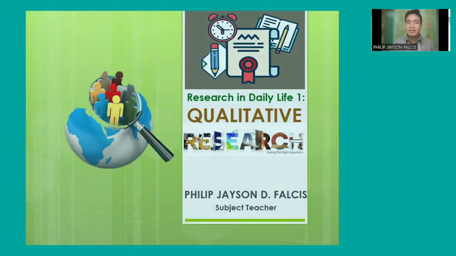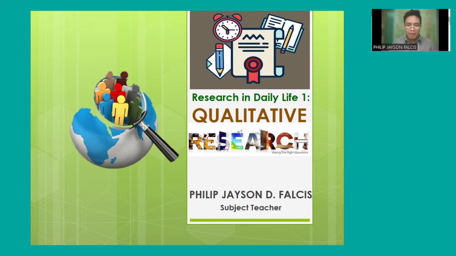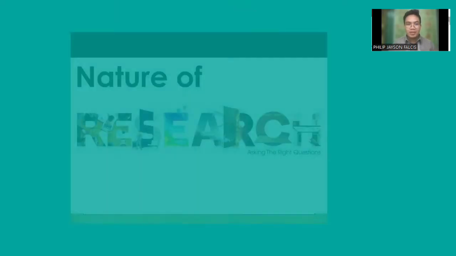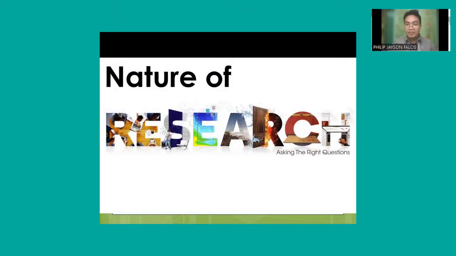And for today, we will be discussing Research in Daily Life 1, or what we call Practical Research 1, which is all about qualitative research, one of the subjects in senior high school. Now, for this lesson, we will talk about the nature of the research process. What are the right ways of asking questions, for example, and what are the characteristics of